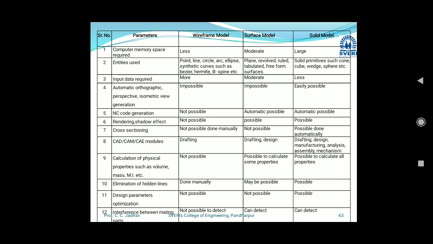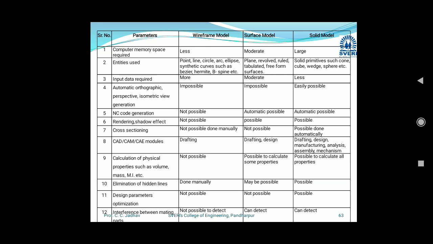Second, entities used. In wireframe modeling we are using point, line, circle, arc, ellipse, synthetic curves such as Bezier, Hermite, and B-spline. In surface modeling we are using plane, revolved, ruled, tabulated, free-form surfaces. And in solid modeling we are using direct solid primitives such as cone, cube, wedge, sphere.